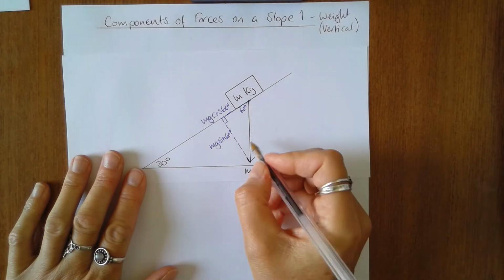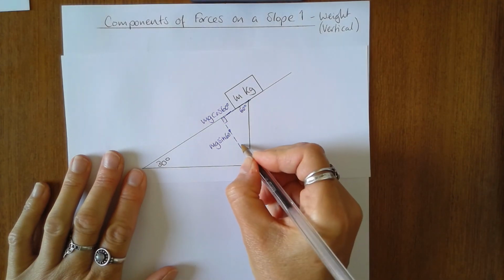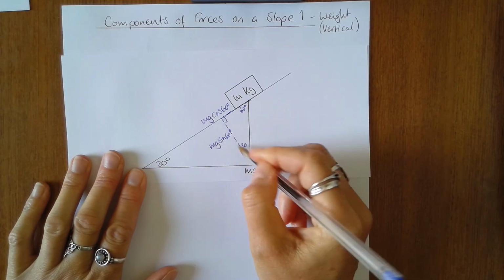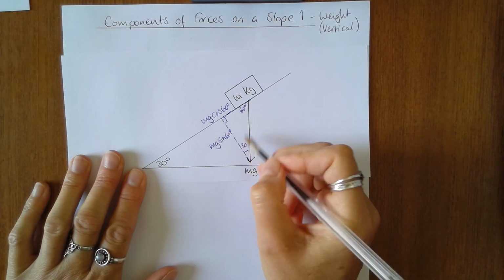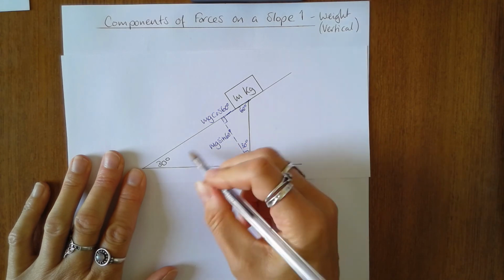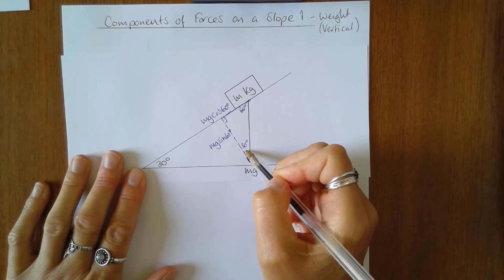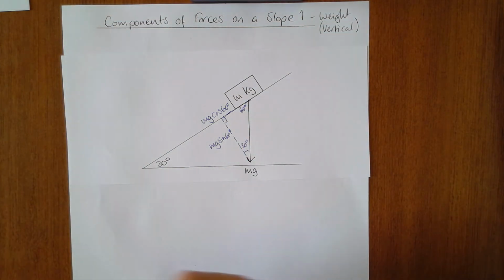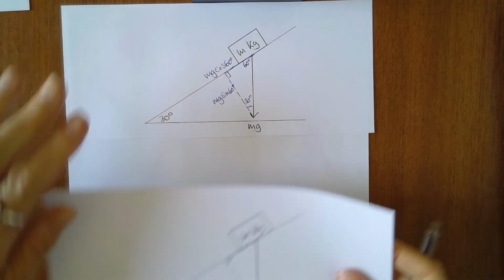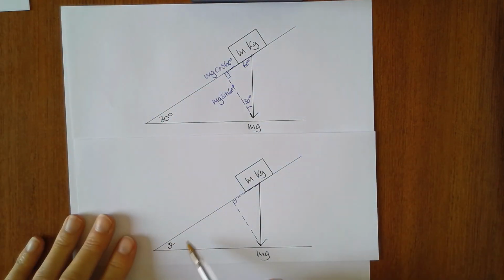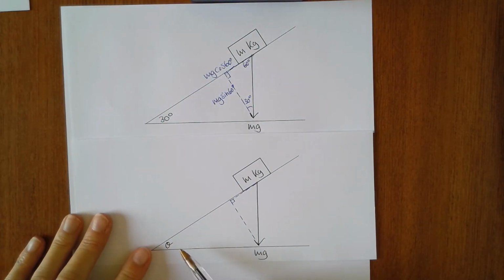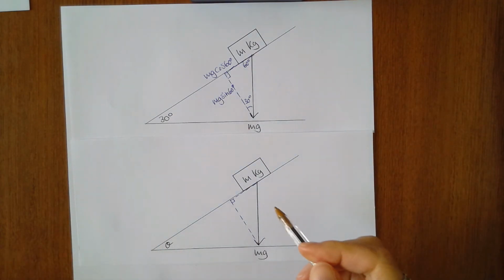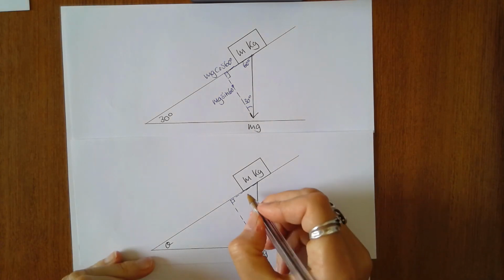Now you could always write these in terms of this angle over here. This is a right angle triangle. So these two angles must add up to 90 degrees. So this is actually the same angle as the slope. Now there's no point in doing that here, but sometimes we're given a question where the angle of the slope is not given, so here it's in terms of theta. And if we want to use the angle that's between the slope and the force, then we end up with